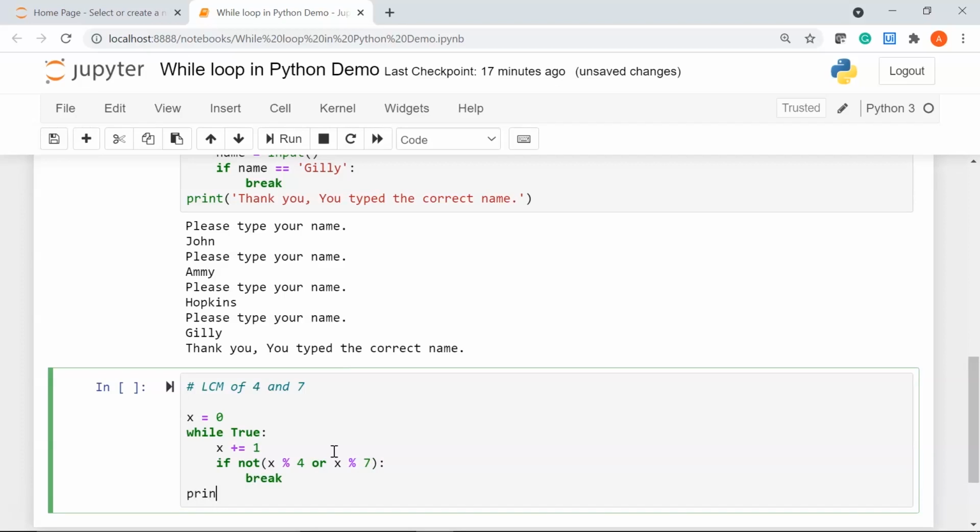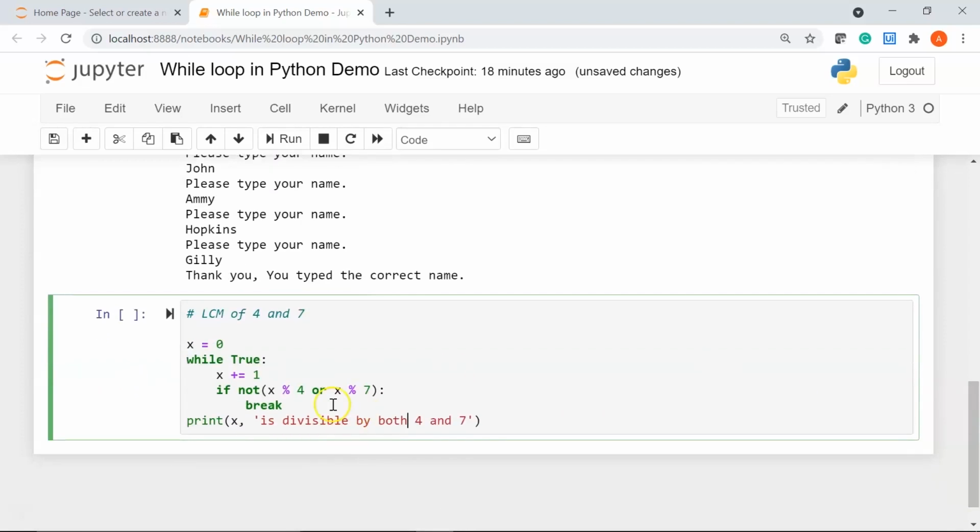Finally, we'll print our message saying x, comma, "is divisible by both 4 and 7". Okay, so what I am doing here is I am taking my expression while True, I'm incrementing the value of x each time and checking if this is true or not.